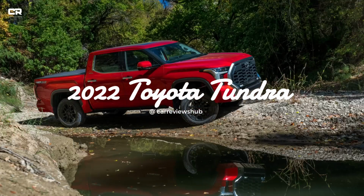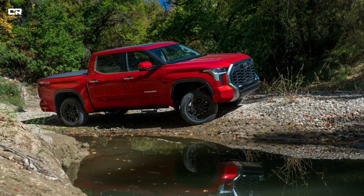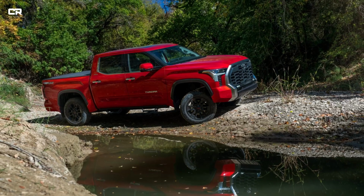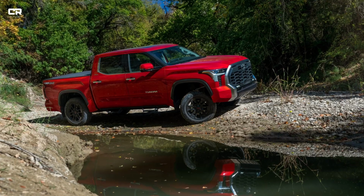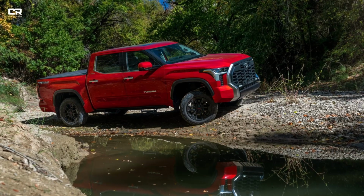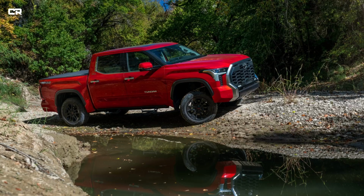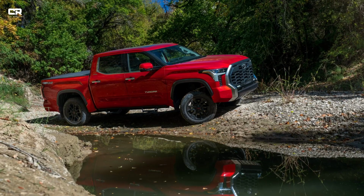2022 Toyota Tundra. The 2022 Toyota Tundra was supposed to be a bold new era for Toyota's full-size truck, replacing its tried-and-true V8 with a twin-turbo V6 and an optional iForce Max hybrid system. But instead of a smooth transition, many early buyers faced serious reliability issues within just a few thousand miles. One of the biggest problems? Turbo failure. Owners reported power loss, rough idling, and even complete engine shutdowns, a shocking flaw for a brand known